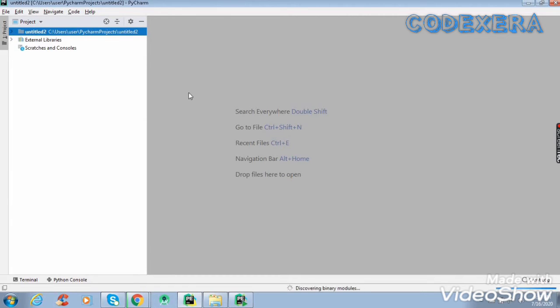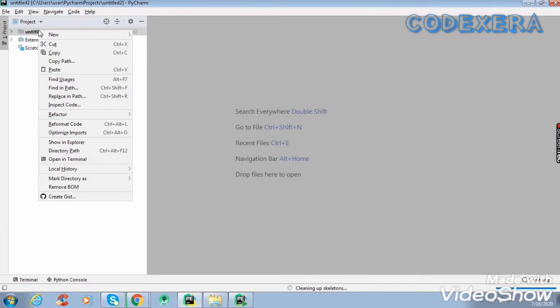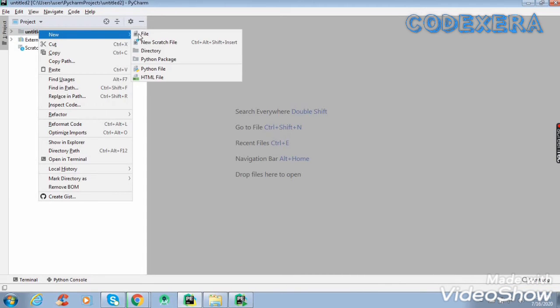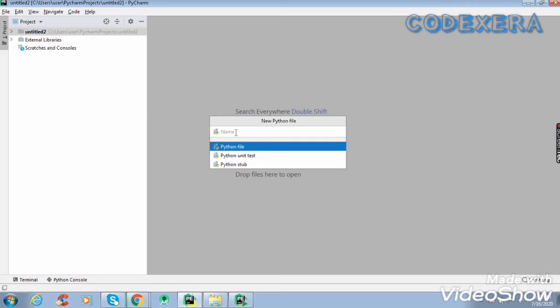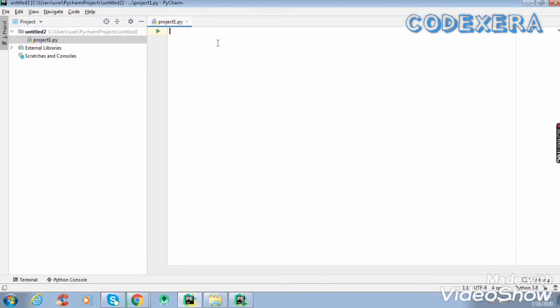Now we want to create our project file. Right click on the project, go to New, and here will be the Python file. Give it the name project1 and click Enter. It will create a Python file for us, and here we can run our program.